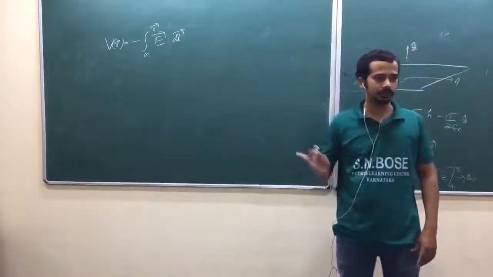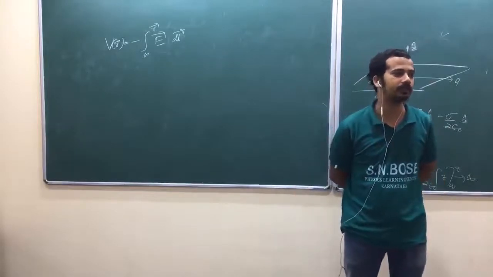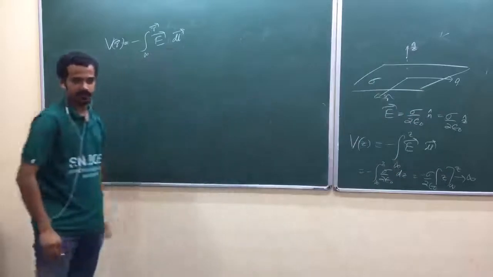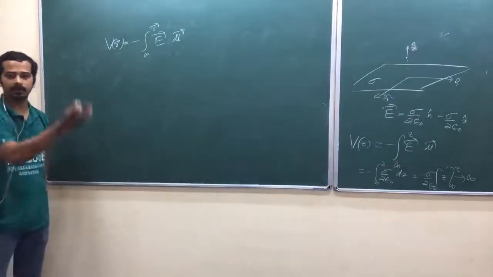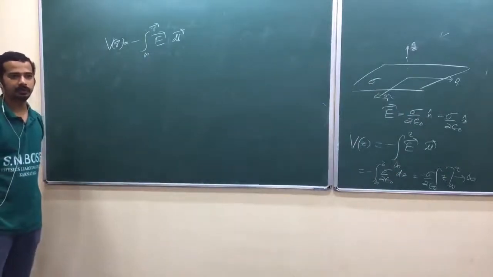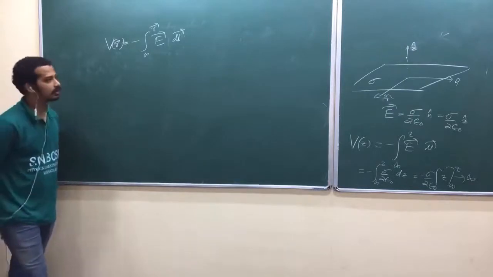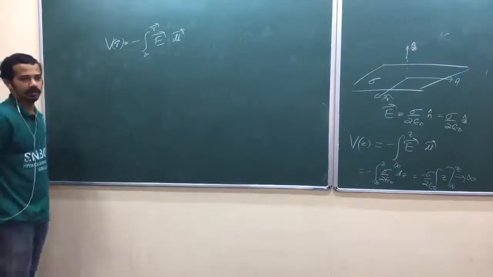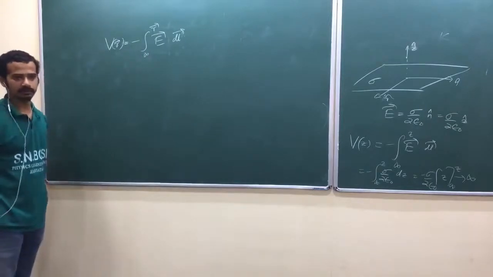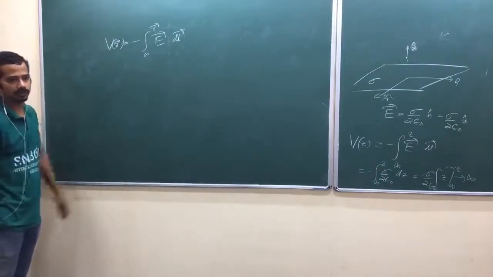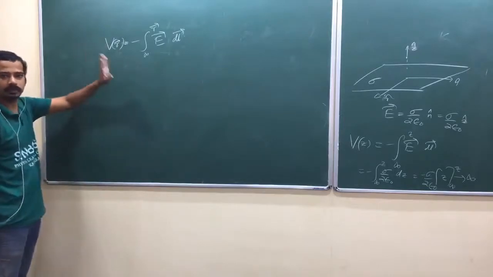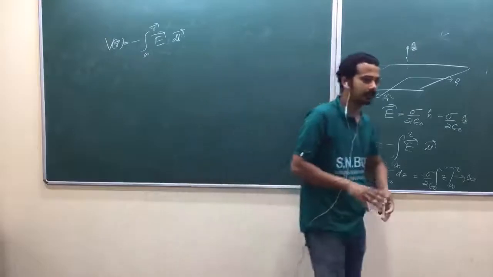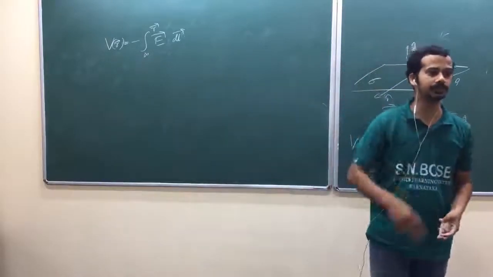Now you can ask a question: once you have the electric field, why are we finding the potential? Theoretically it is meaningless actually, isn't it? Once you have the electric field, why will you go for potential? Maybe you may need the potential difference, then also you can integrate the electric field to get it. But we are studying in that way. In the actual sense, first you have to find the potential, then you have to find the electric field, because that is the easiest way.